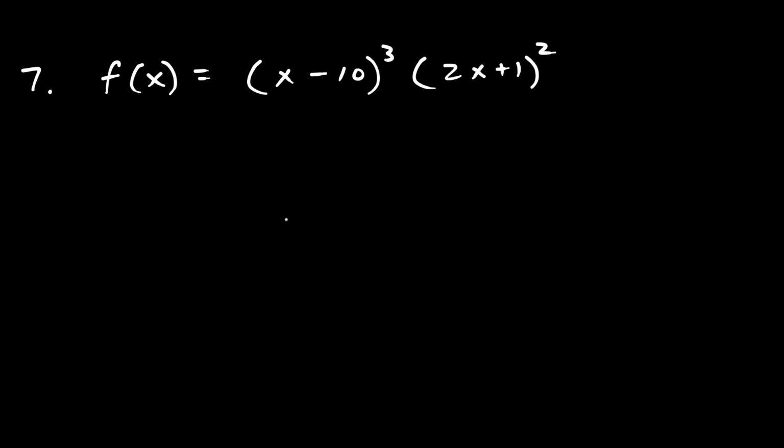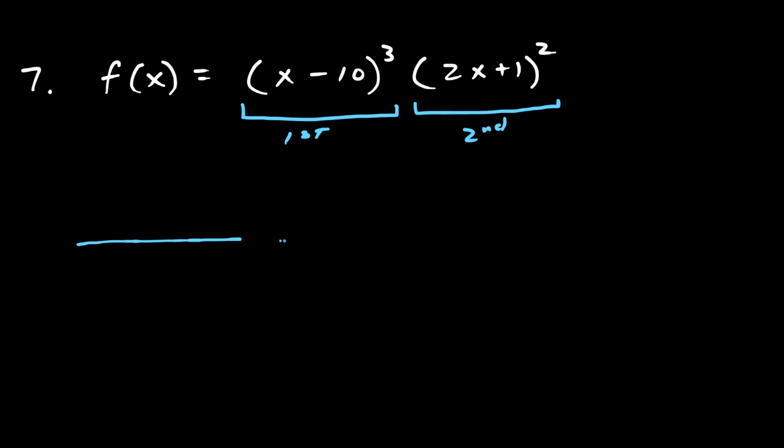Number 7. What I need you to see is really the structure we have here is the product rule, which has the chain rule inside. So here is our first function, here is our second function. Let's see how comfortable we are with this now. So let me just go ahead and set this up. We're going to have the first times the second, and then plus, I should say, the derivative of the second